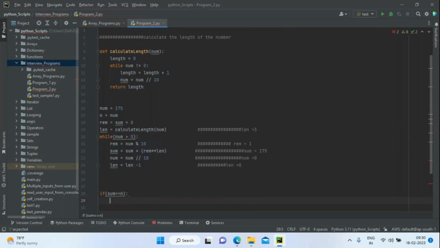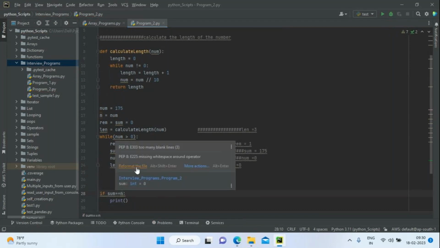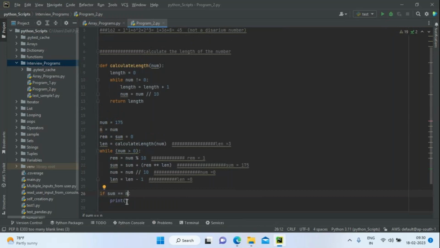And then print is a print statement. I think no need of brackets. Okay, reformat the file, and then you can use percentages. It's your Dysarium number. It's your Dysarium number, and then you can use modulo,